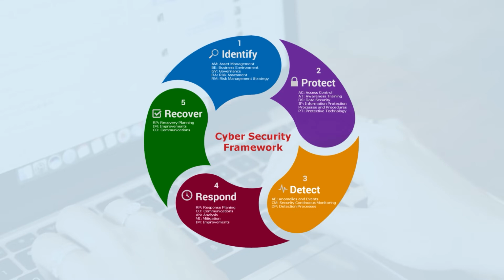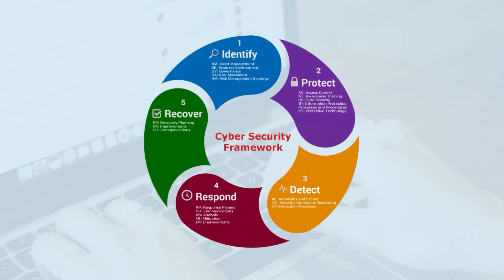So if you talk about the cybersecurity framework, it starts with one, identify, then two, protect, three, detect, four, respond, and five, recover. First we are going to diagnose what could be the problem and what kind of risk is coming up, and then a risk management strategy is going to be explored. Then access control model is there, data security is there, which emphasize purely on how we are going to protect ourselves. After protecting, the detection model is there, where we will see the problem which is there, the malware or the ransomware or the viruses, how we can detect that, and then we can respond to that.